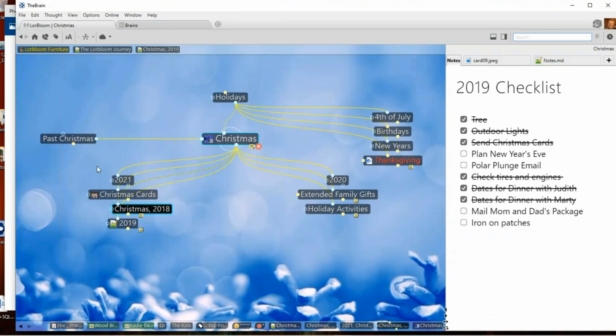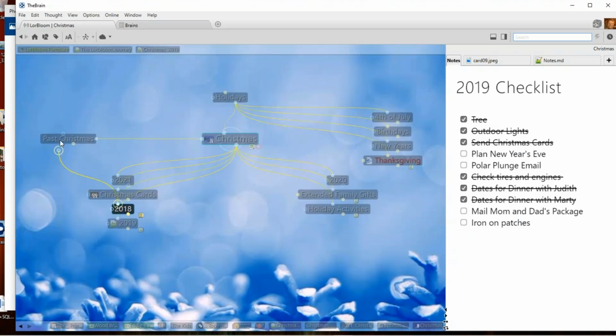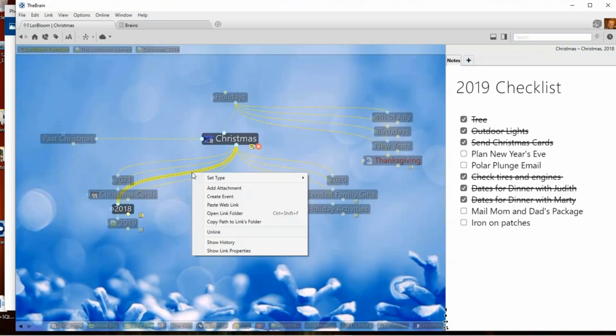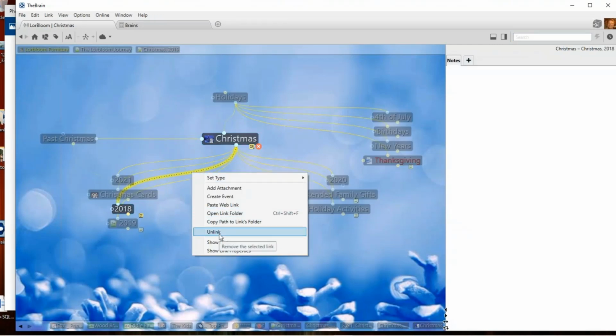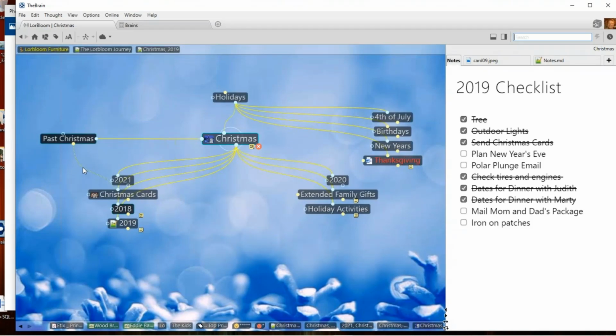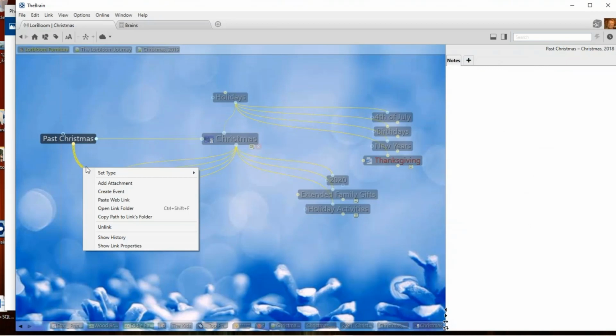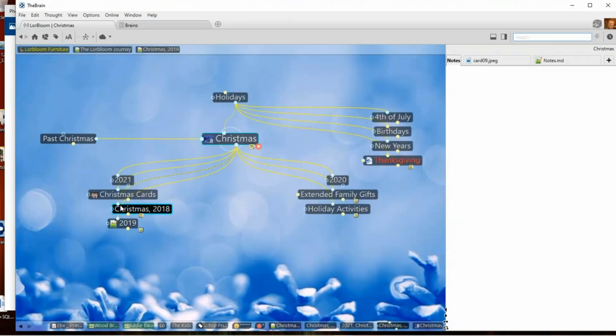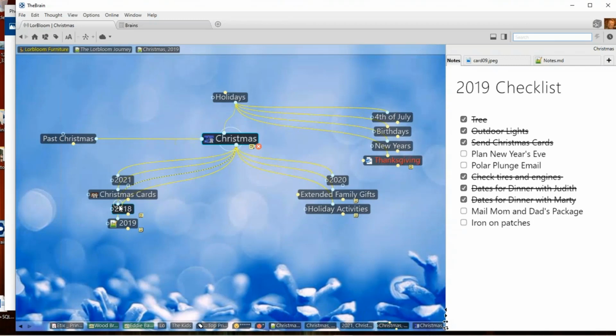And if I want to keep track of that, notice I've created, once again, sort of an interlinking thought, past Christmases. So I can just click and drag 2018 up to past Christmases and right-click on that link between Christmas and 2018 and select unlink. Now, I'm not going to do this yet because I want to share another feature with you. I'm going to go back and right-click on the link between past Christmases and 2018. Let's unlink that. And this is a very important component to share with you today,